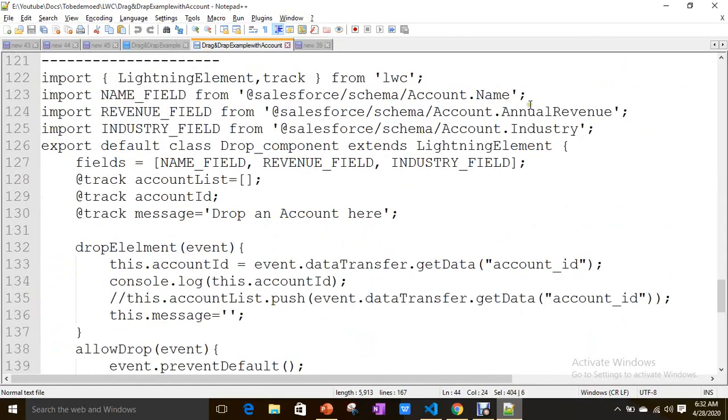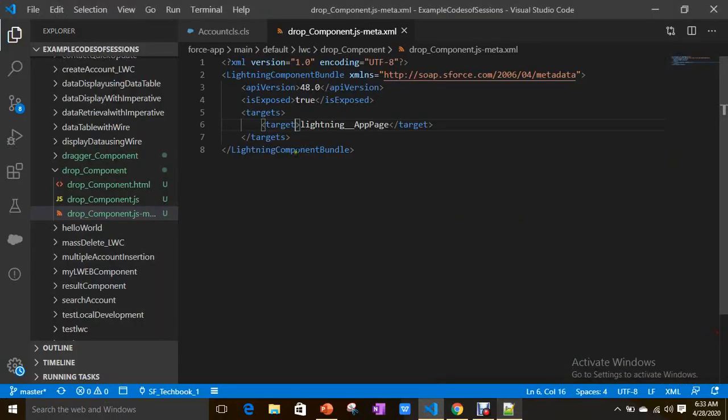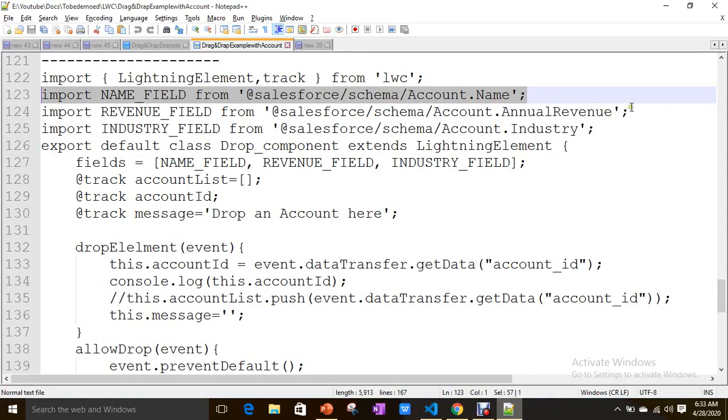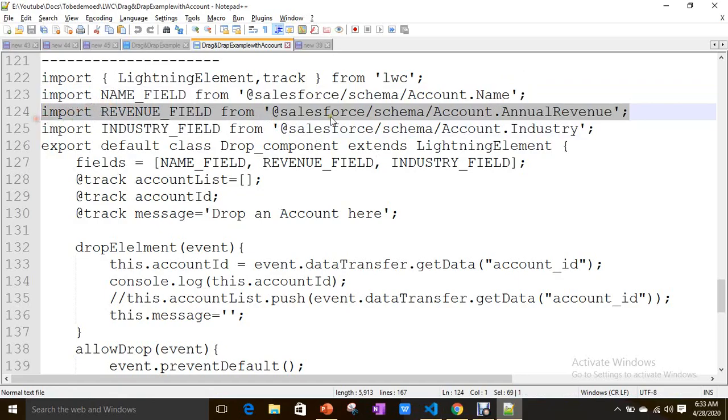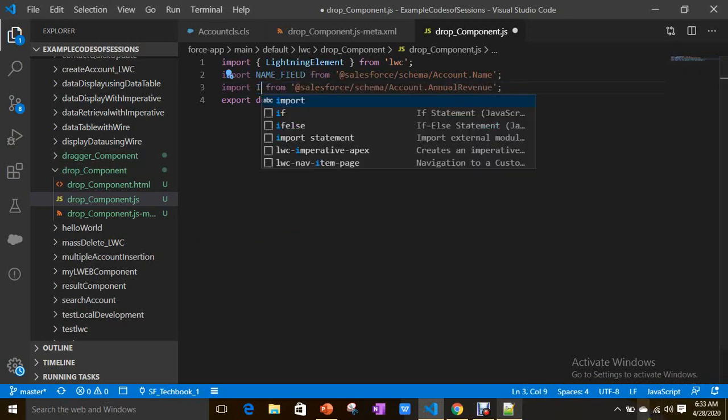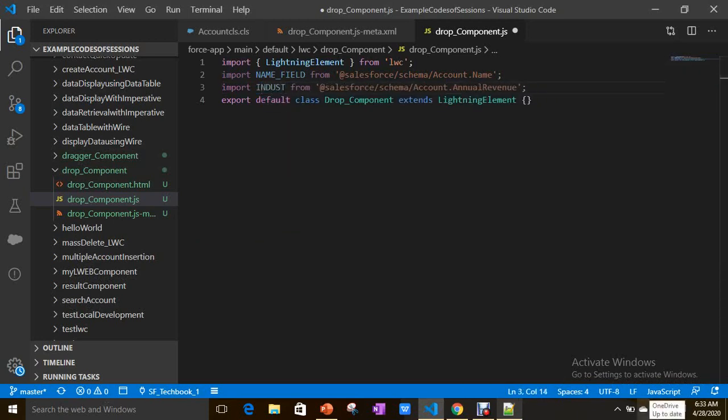Here I'm going to import a few fields in JavaScript. Account name, and industry. Account.industry.